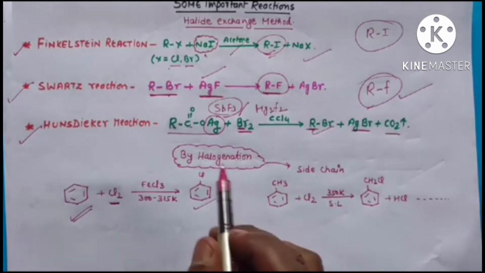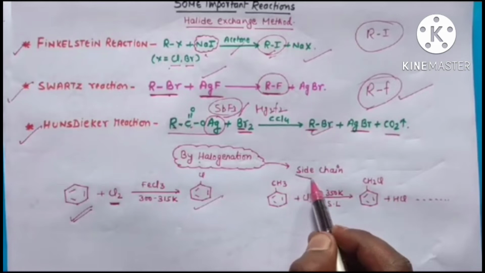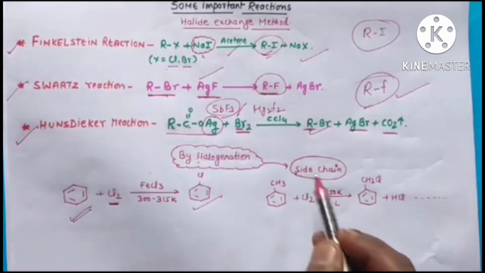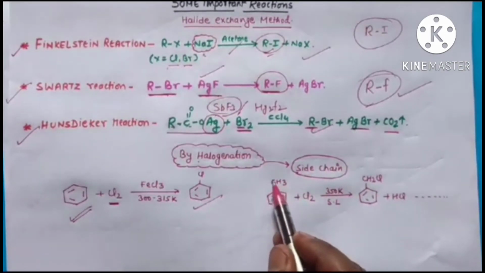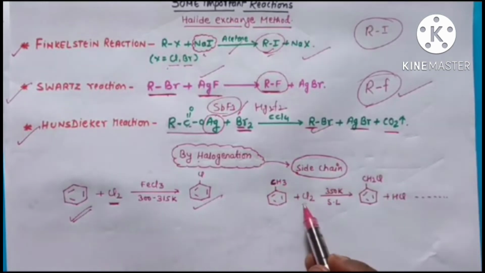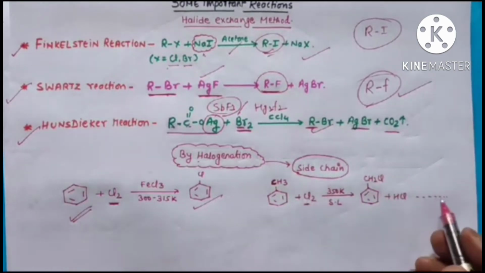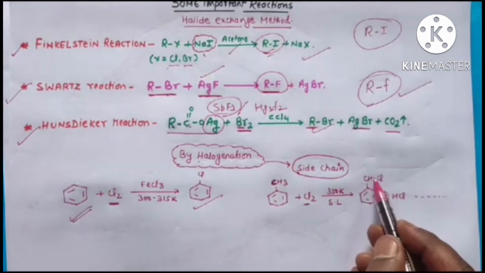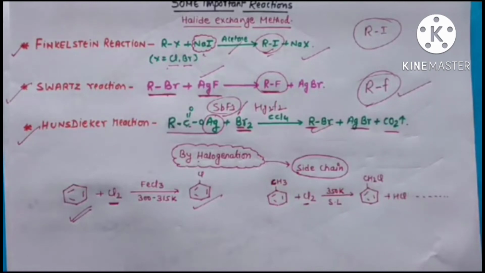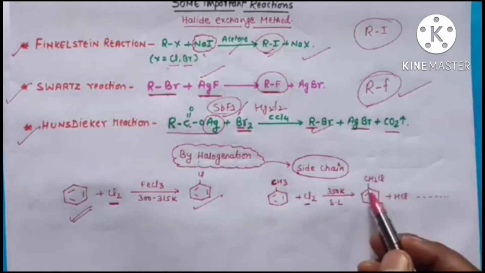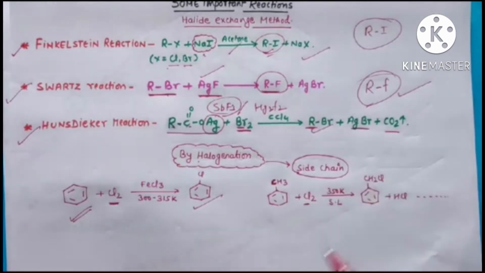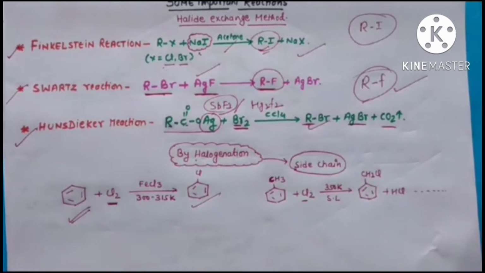But the halogenation is occurring in the side chain, means in this carbon the halogenation will occur. So in this case Cl2, CH2Cl plus HCl. Again if you are going to do, then till the hydrogen atom will be there, till then the substitution will take place, means CH2Cl2. Now the next will be CHCl, the next substitution will take place in the similar manner.